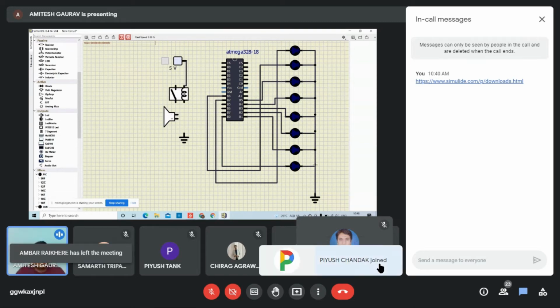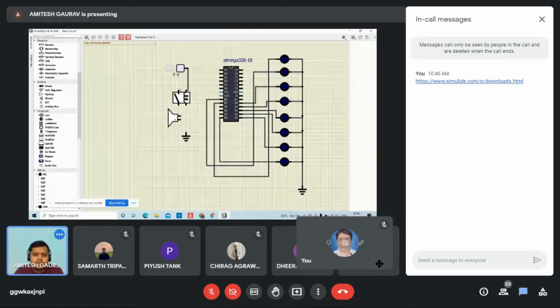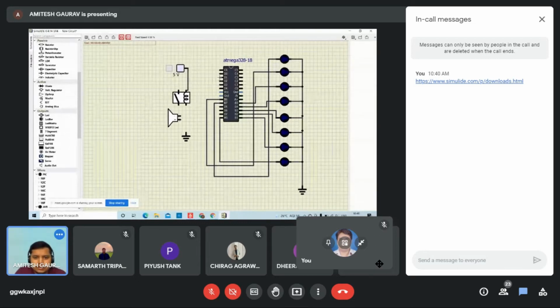Then we'll connect the D1 pin. It is for the power supply. So we'll join this from D1 to this one, and then we'll connect ground.